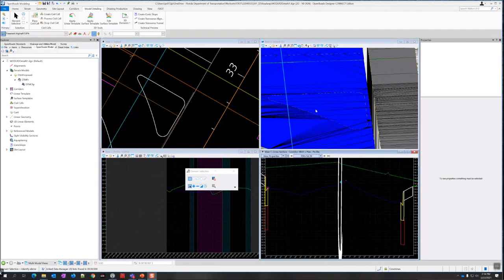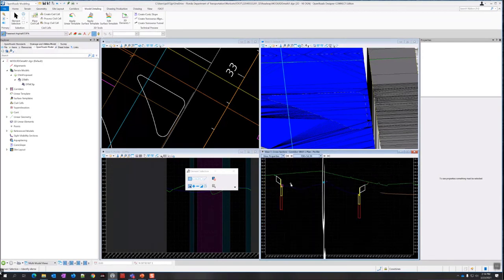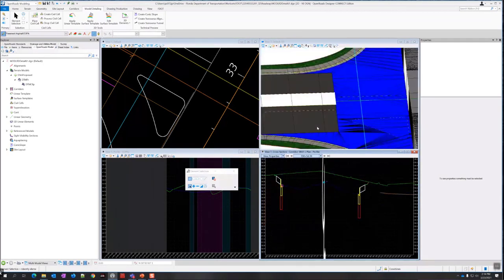This has no depth to it. This is the terrain model, so basically it's the top that we're creating. And if you look in the cross-section view, there's no pavement under this. It's just the surface, nothing else. So if you want it to look like this component, you have to apply a surface template to that. To do that, we come over here under Model Detailing, this tab of the ribbon, and select right underneath it, Apply Surface Template.